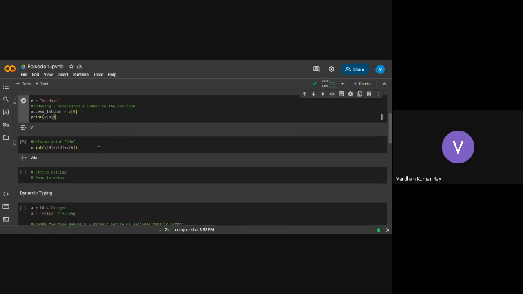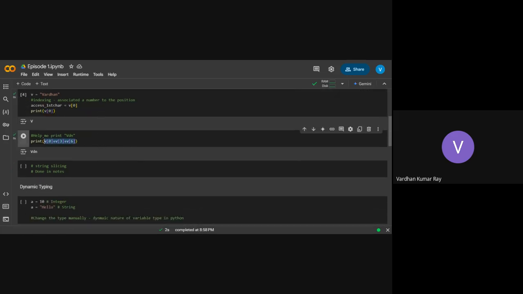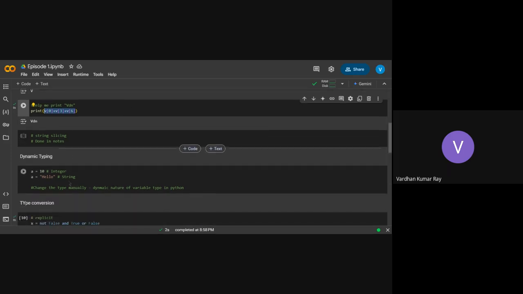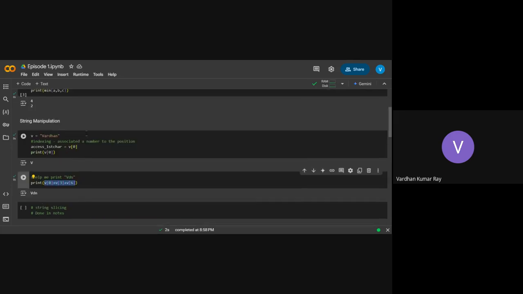That's all. And then I can also add. I did the addition of strings, because for addition you need both the things to be of the same data type, right? Then I did string slicing. That's all I did in string manipulation. You can do list manipulation, tuple manipulation, any manipulation. Manipulation just means using something out of that data type. That's all.